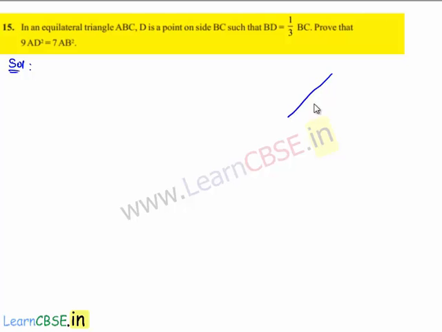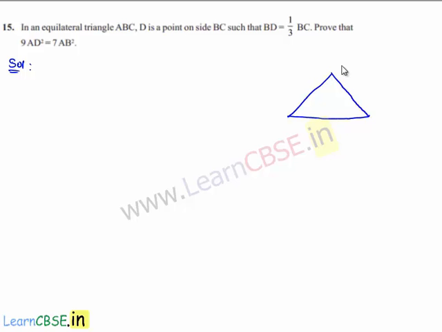Let us consider an equilateral triangle ABC in which BD is equal to 1/3 of BC. So let us join AD here. As it is an equilateral triangle, we can say that AB is equal to BC is equal to CA. So in order to prove the required proof that 9AD square is equal to 7AB square, let us draw